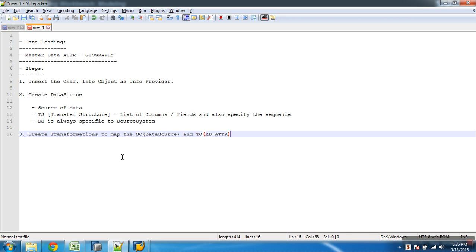Whenever you say mapping with transformations, it will have two objects, one is source and the other is target. With the help of transformations, we can create mapping between source object and target object. What is my source object in this case? Data source. What is my target object? Master data attribute. I need to map those two.